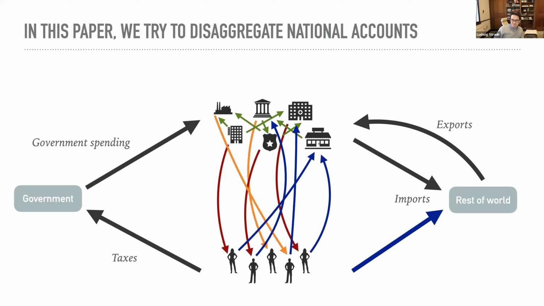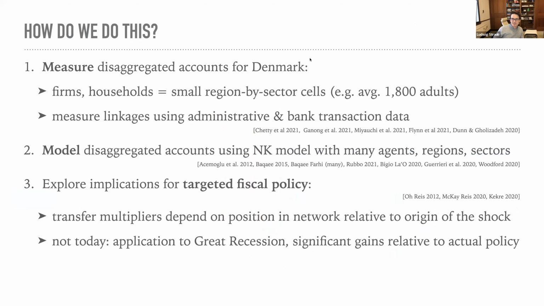and that's what we're going to try to measure in this project. So specifically, we're going to try to measure these links, these disaggregated accounts for Denmark. And we're going to do this by grouping firms and households into small region by sector cells. So how small is this? In our average household cell, we're going to have about 1,800 Danish adults. And then we're going to measure linkages between all the household cells and firm cells using administrative and bank transaction